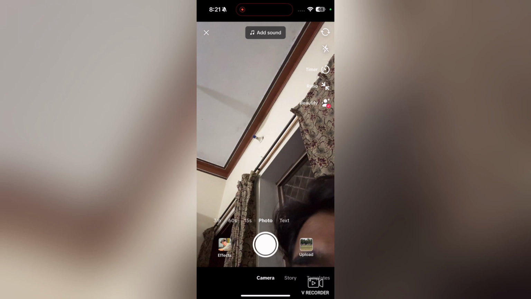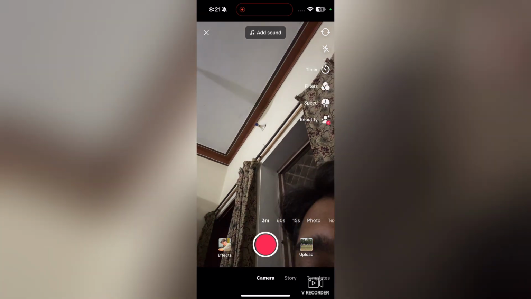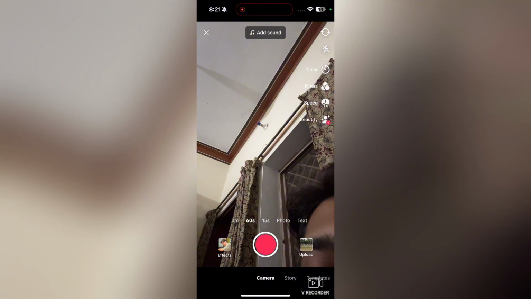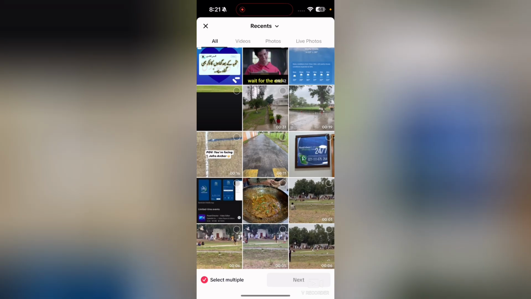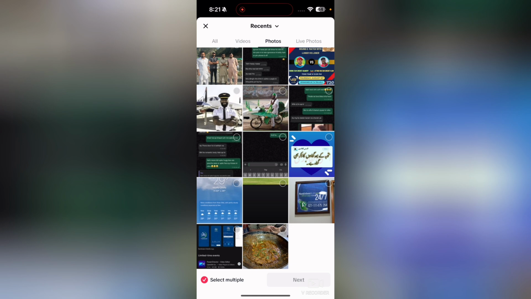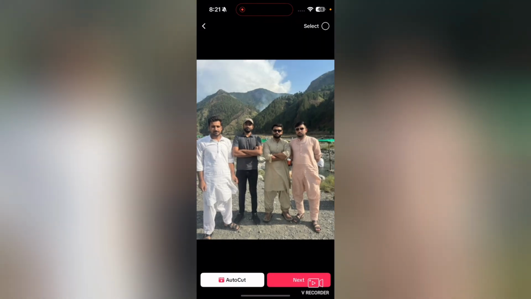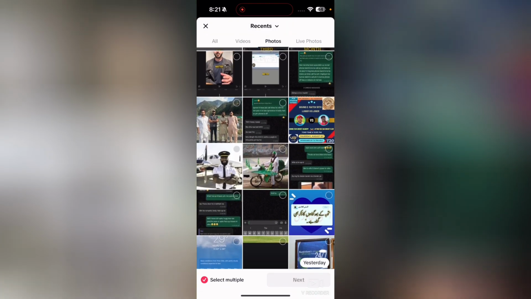Okay, so now make sure that from here it's selected as photo, and then tap on upload and then tap on photo, and now here you can see all of your gallery's pictures. So you can select multiple pictures. So I will select multiple pictures like this one,